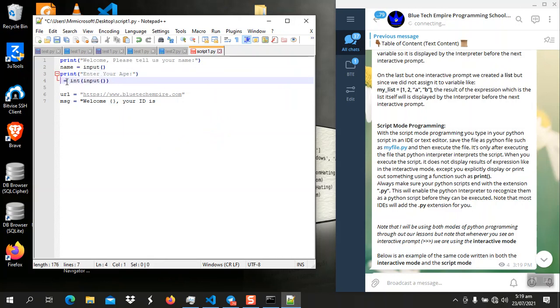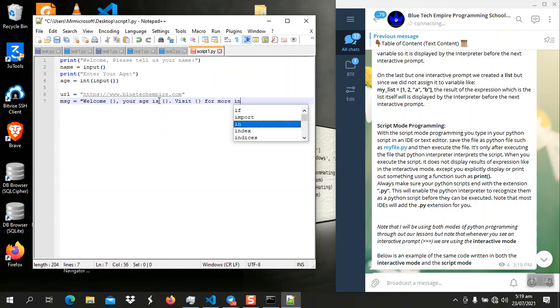Yeah, your age is something. Visit something for more info. And now I use the format function, the format method of the string object, and I say